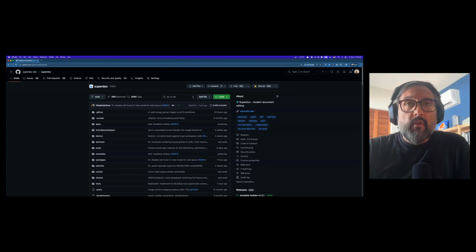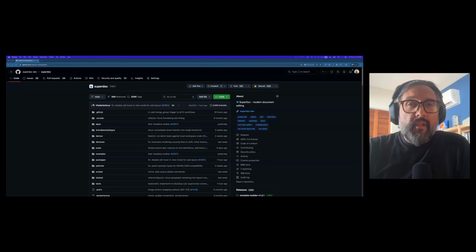So we built SuperDoc, and we made it open source, meaning that our source code is completely public. And why do we do that? Well, this seemed like a problem that could be solved better by a community. So you can actually go look at our source code right now. You can see everything that SuperDoc is, literally from day one, if you go backwards and start browsing the commits. And anybody in the world can literally just read the code, understand the code, use the code, and contribute to the code.